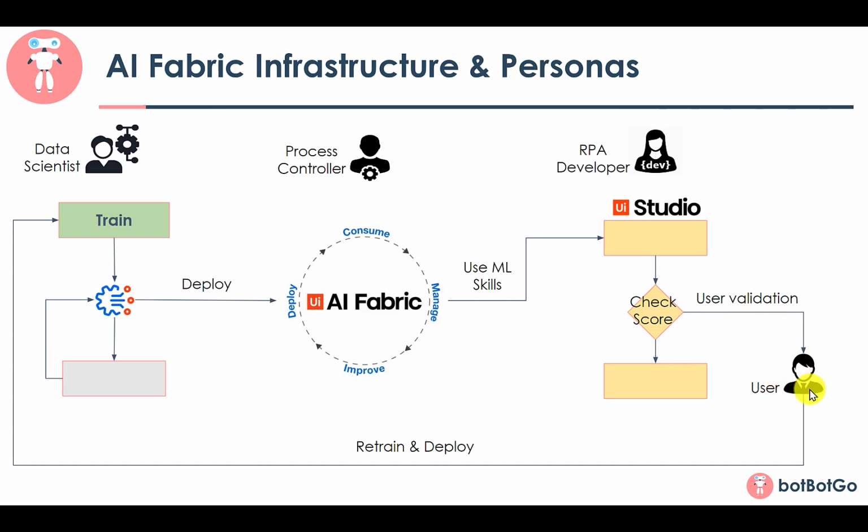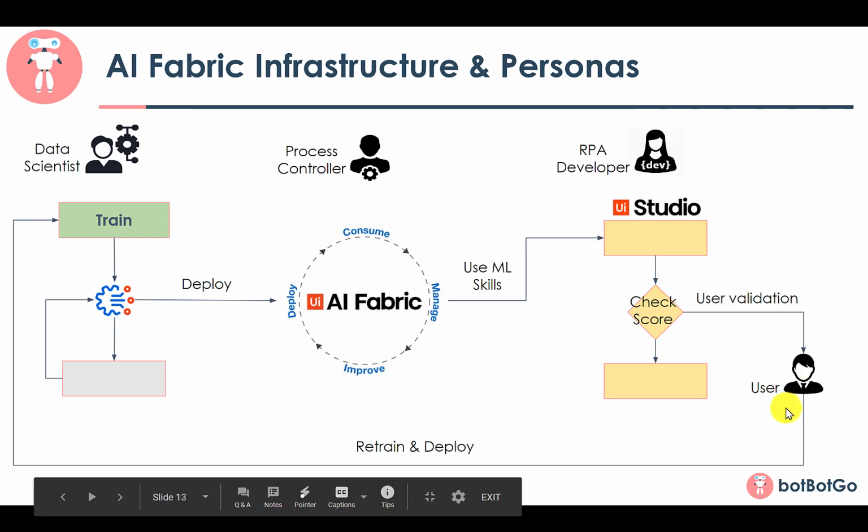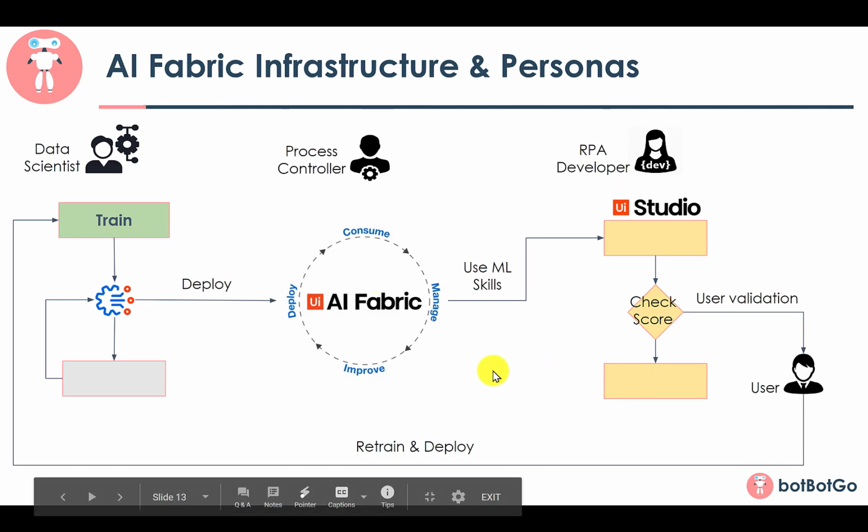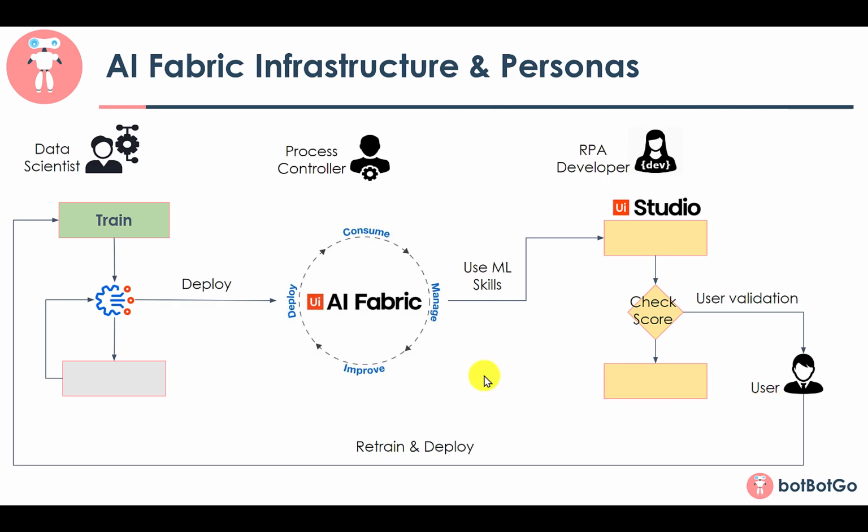Once the user helps the robot to take a decision, this decision from the user can be used as a new training data point and could be added to the training data. It would then be the responsibility of the data scientist to retrain the model and add a new package for the process controller to redeploy in the AI Fabric. So this is how you're closing the loop by involving the business user's inputs and retraining the model every time your robot is not able to make a decision, so that in future when such a scenario comes up again, he would not be dependent on the user this time.